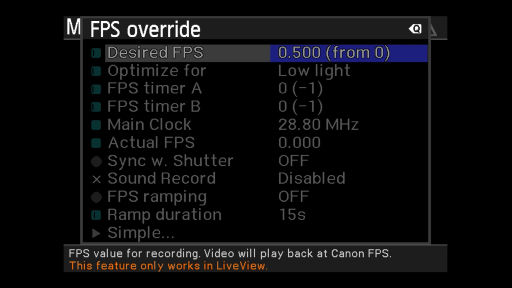1 frame per second, and 0.5, I believe, is 1 frame every 2 seconds, somewhere around there. So you can actually set it even lower, which is nice. Now we're going to go ahead and set it back to 3